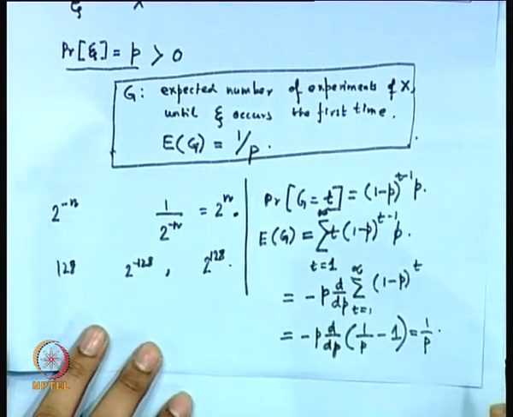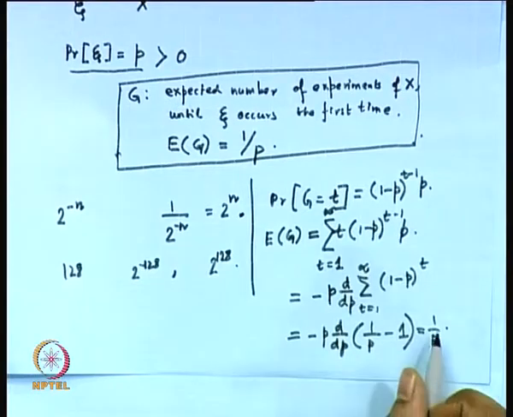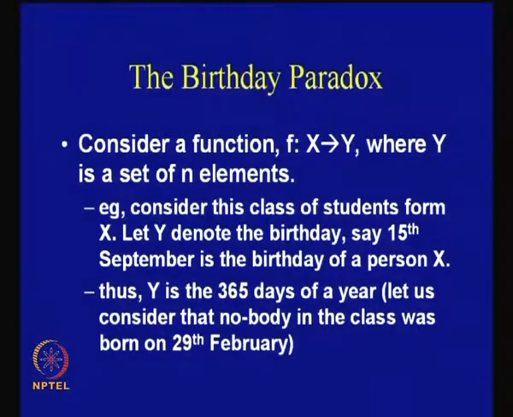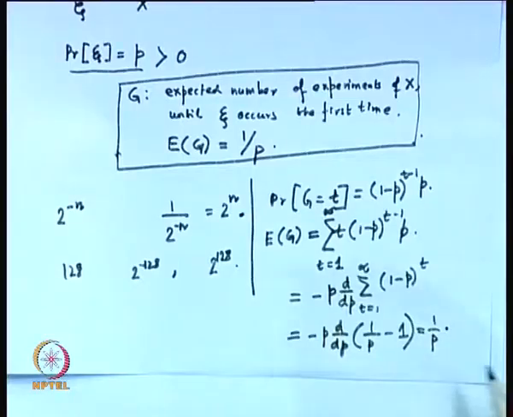1/p. So from here we actually get an estimate of the number of times we have to repeat the experiment so that the experiment works. It is important to note this result, because it gives us an idea that if an experiment's success probability is defined, then from there we can estimate the number of times we need to repeat the experiment to get that success, or to get that event.